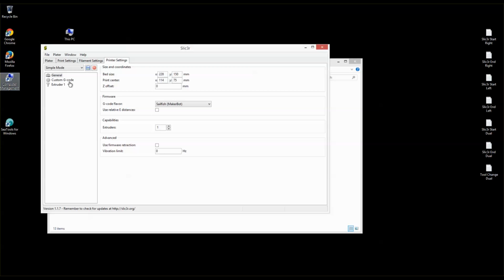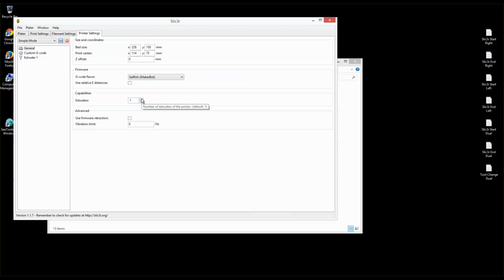So what we can do is set up settings for the right extruder. If we want to print with the right nozzle, we can put some settings over here, like the print center or temperature. If we want to use the left, we can set it up, and then we'll also do the dual one. So the first thing we want to do is